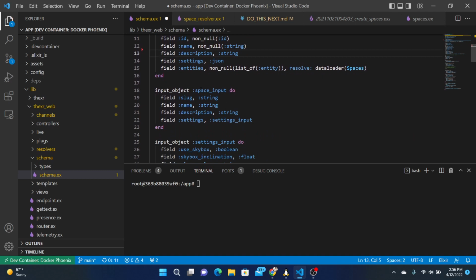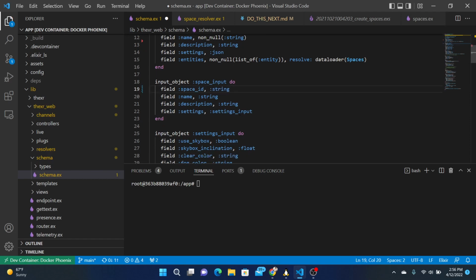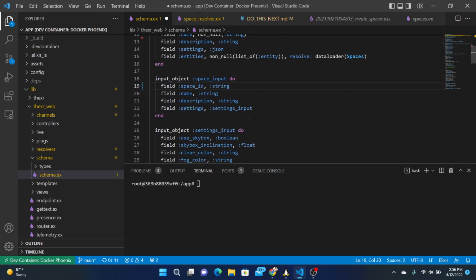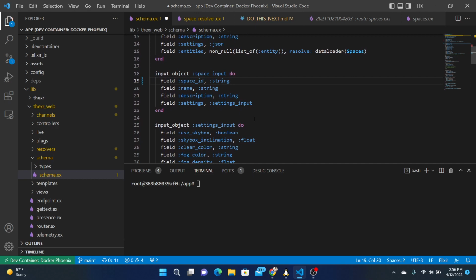And when you want to do space input, we'll take the space ID, that's an input, and description setting. Oh, this is if you want to create a new space, right?